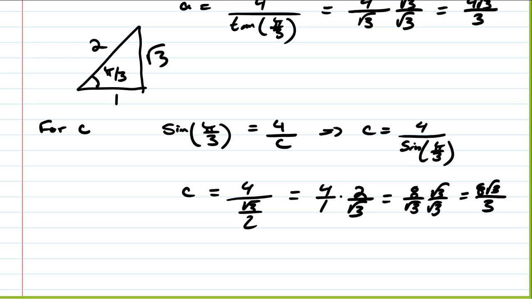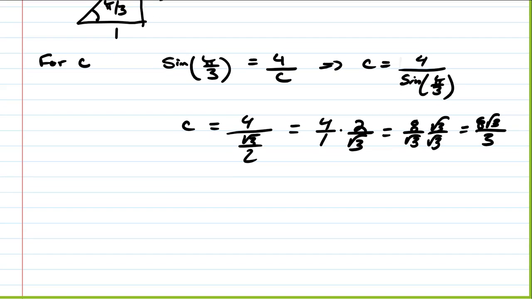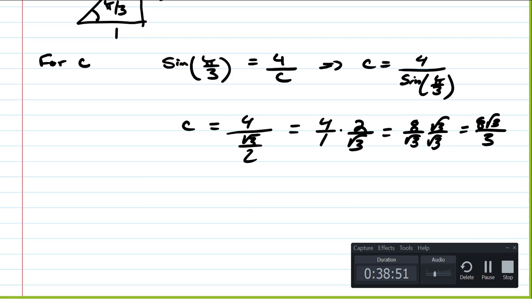So we can find the opposite sides of our triangles, or our unknown sides, by using our trigonometric ratios. Go ahead and